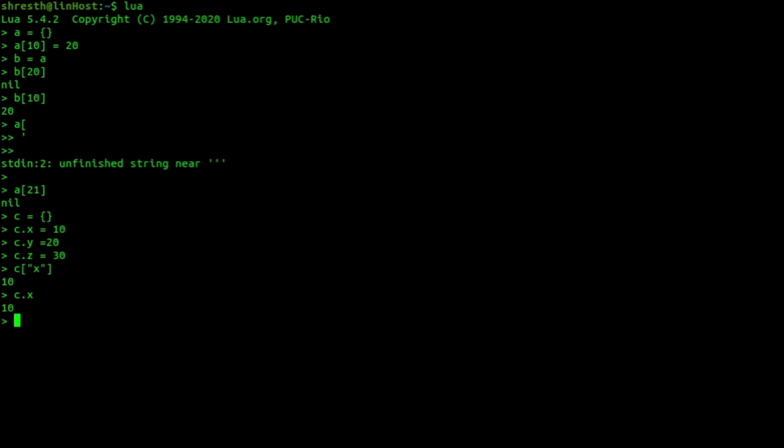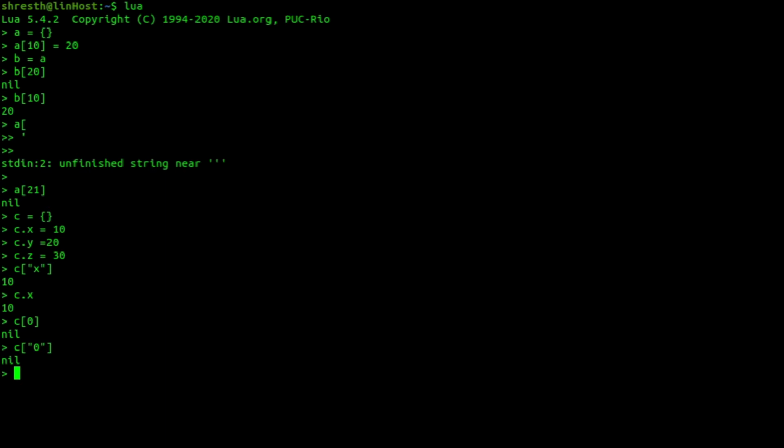Next thing is, if we say c of 0, which is nil, and if we say c of string 0, they are both different. In Lua, these two expressions are different elements. Remember, in some previous video I mentioned that if we give an equality sign for 0 equal to string 0, it will be equal because Lua implicitly converts strings and integers. But here it is different, so please keep this point in mind.